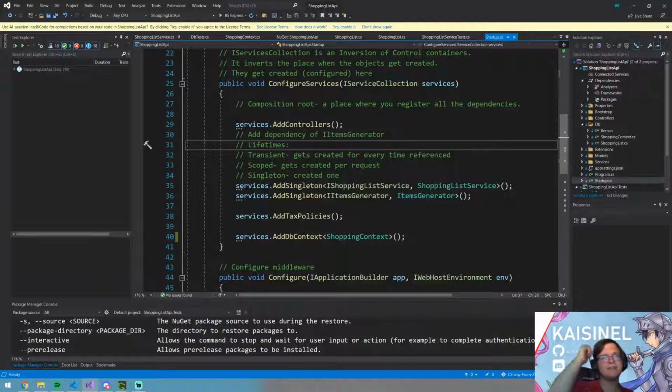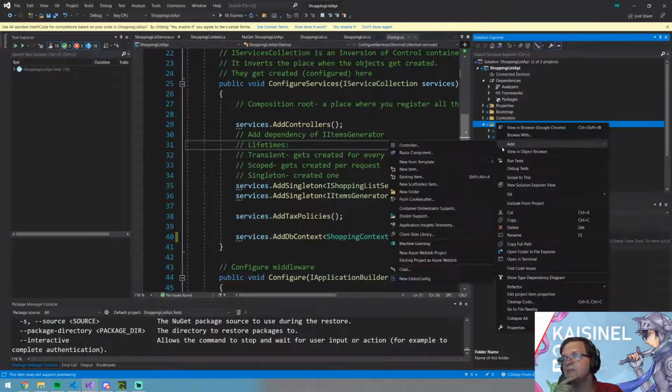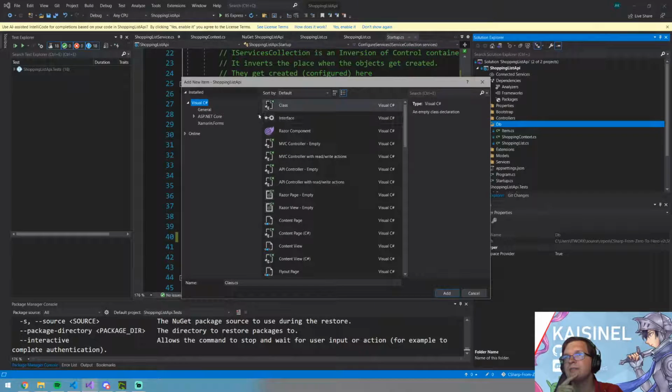Now we have a service which did a bunch of business logic, but now we need another component which could simplify interactions with a database. In other words, we need a class that handles database interactions. A class that handles database interactions is called a repository. And a repository is usually made per a single entity that can exist by itself, an aggregate, in other words. So I will create a shopping list repository